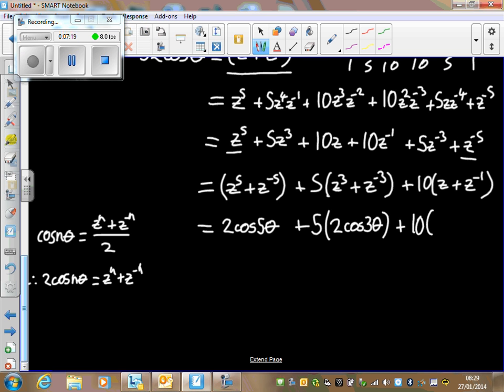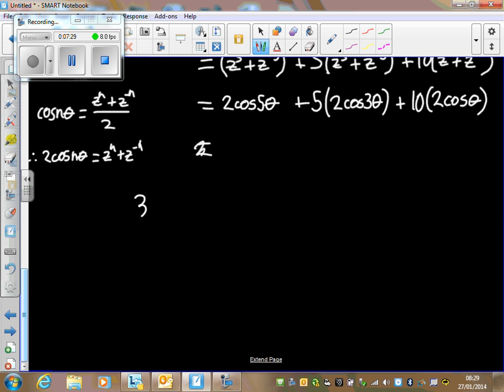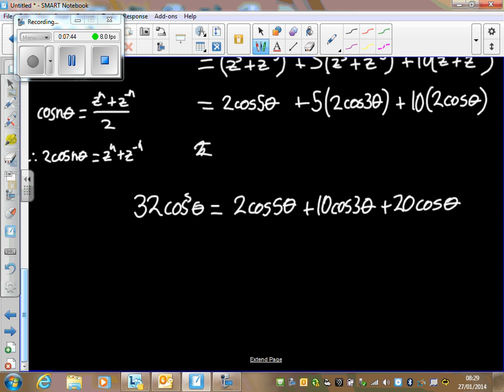2 lots of cos 3 theta. This has got to be 2 lots of cos theta there. Sorry, that's cos 3 theta. Now, making this look a little bit nicer and bring back our left-hand side, remember that we had 32 cos to the power of 5 theta is equal to 2 cos 5 theta plus 10 cos 3 theta plus 20 cos theta. Now, if we divide by 32,